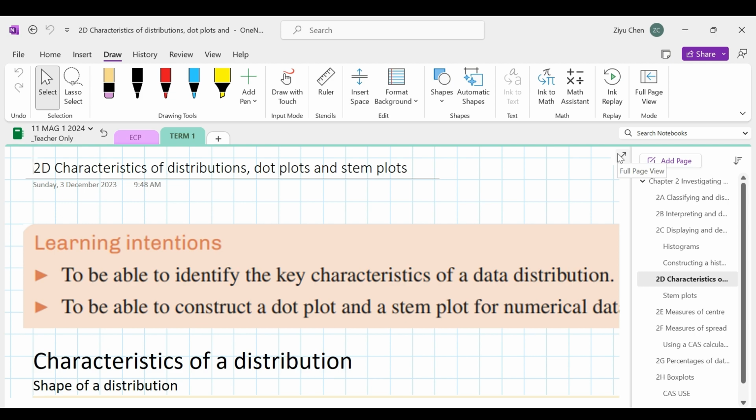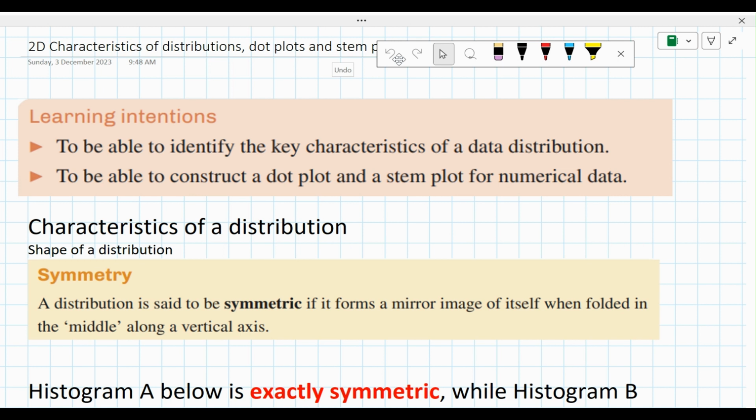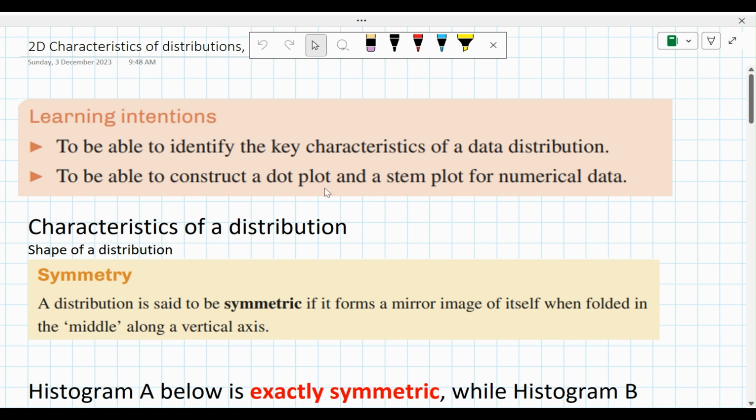And today we're gonna keep going with 2D, characteristics of the distributions and dot plots and stem plots. All right, so we're able to separate them into two different parts. The first one, we're gonna try to learn some key characteristics about data distributions. And the second part, we're gonna try constructing the dot plots and the stem plots for numerical data. First things first, the key ideas about the characteristics of distributions, which is called the summary, symmetry,